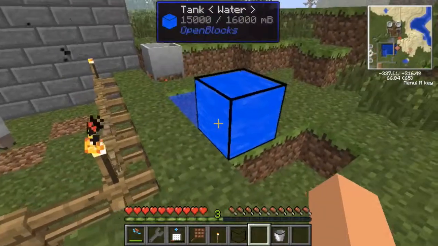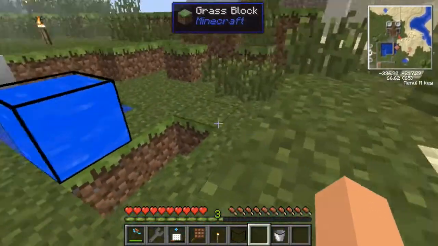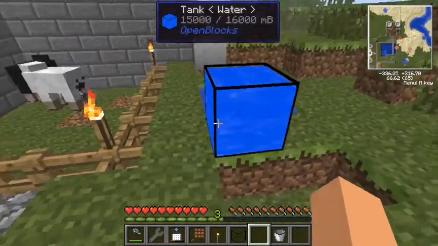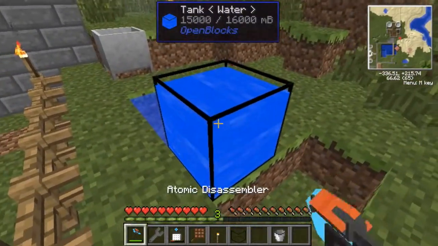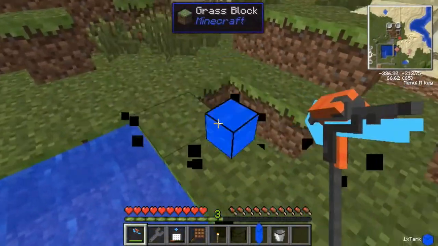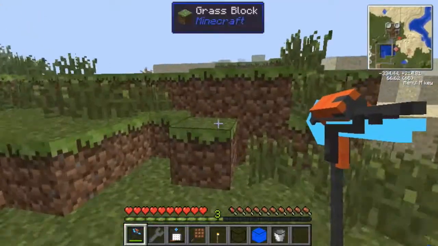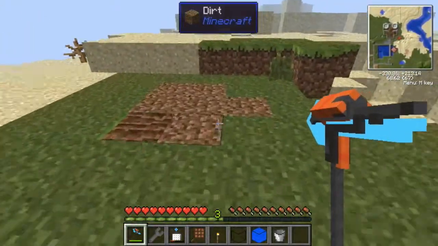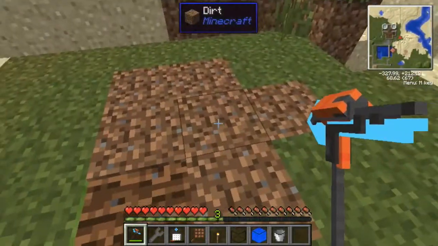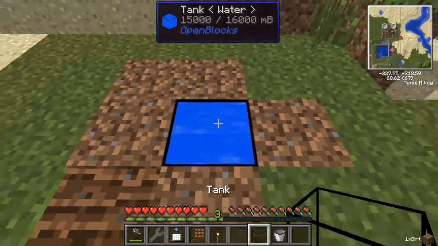Right, so the other thing tanks are useful for, as I was saying, is they can supply water to other OpenBlocks items. It's also worth noting that if you fill a tank up with water like I have here and break it, then it stays filled in your inventory. So I'm going to go to my farm, this is my farm, and put the tank down here, and then